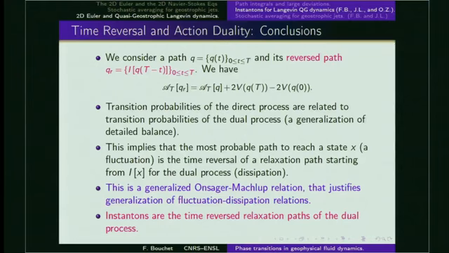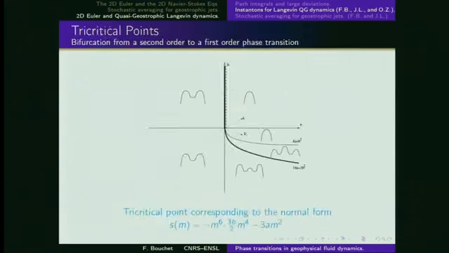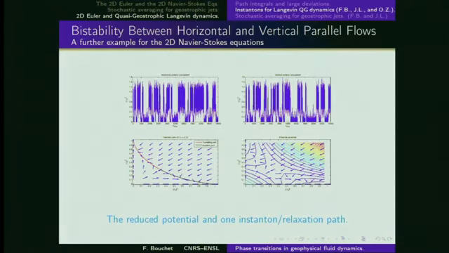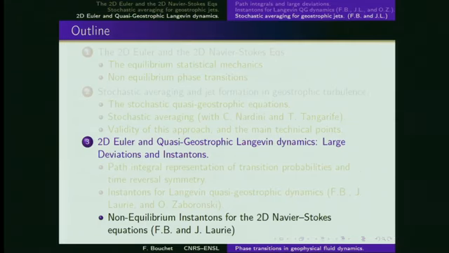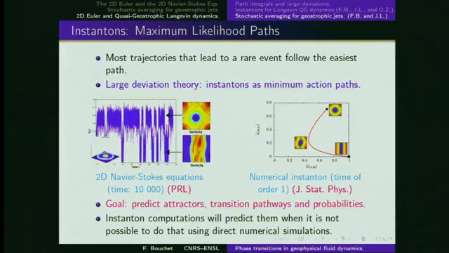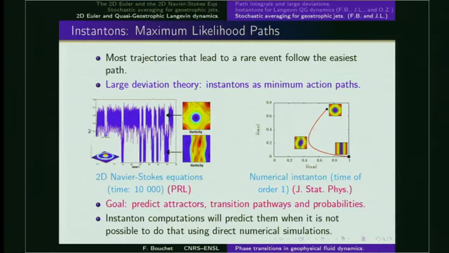So for instance, it means that if we want to go from one state to the other, it will be sufficient to look at the path from the second state to the first state. And this will allow us to compute easily the transition path to go from one attractor to the other, and these transition paths in this case are called instanton. So we have worked on this hypothesis, and we have basically shown that we are able to compute instanton in this framework. As I told you before, we have also computed numerically instantons in a non-equilibrium framework, that time without making this hypothesis.